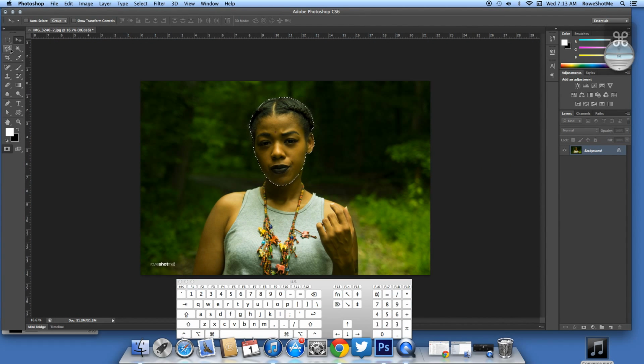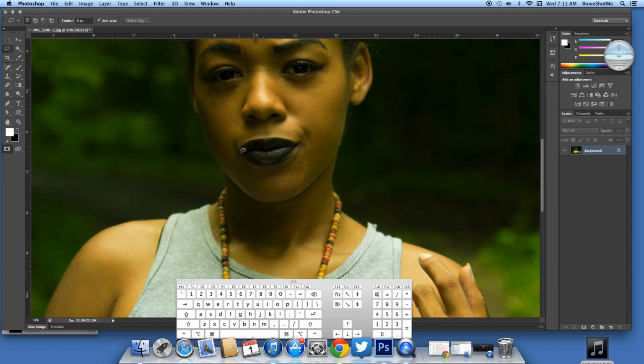And then the lasso tool is sort of similar. It's a little more difficult to use. You have to click and hold the button down and just drag until you get what you want. And it's a lot harder to work with. So I typically just use the polygon tool. The magnetic lasso tool is pretty cool too because